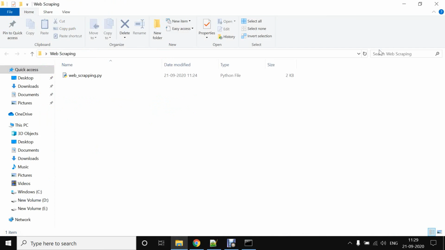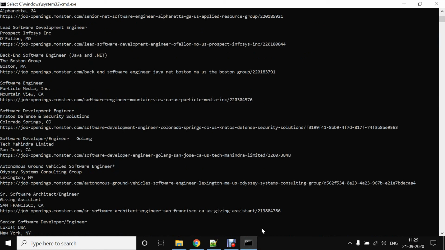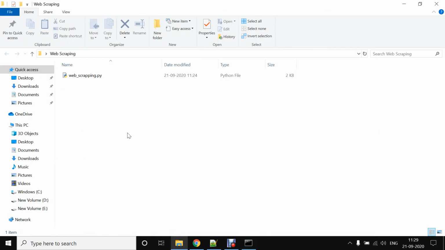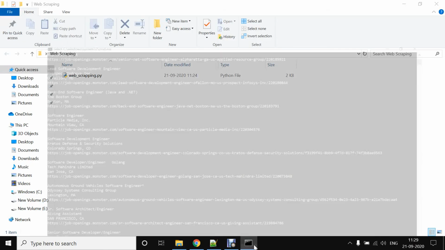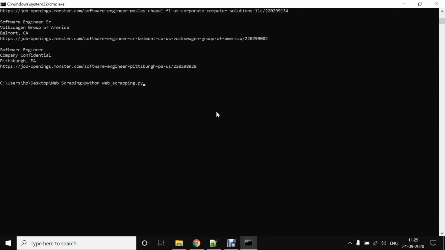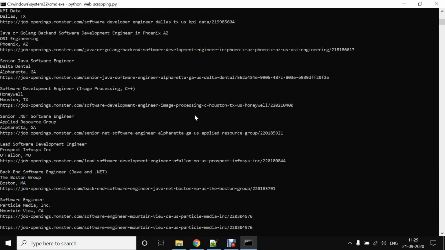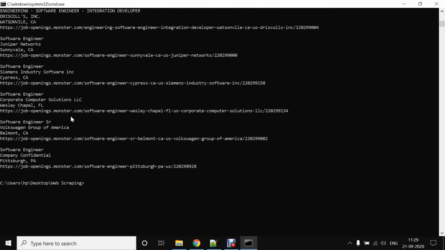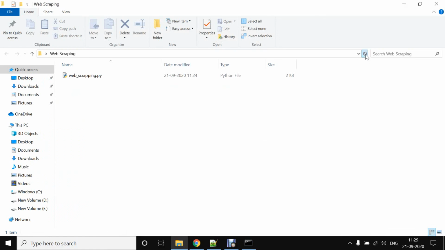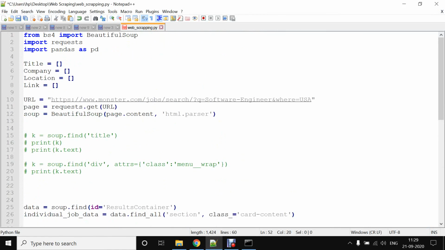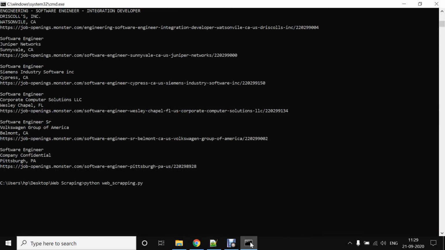So now you can see that our script is this. When I execute this script, all data will be stored in a CSV file. So I am going to execute that script again. As I have not commented out the print section, it has printed all the data, and now you can check that here one CSV will be there. As I have not saved, that's why the CSV is not generated. So I will save this file and run it again.